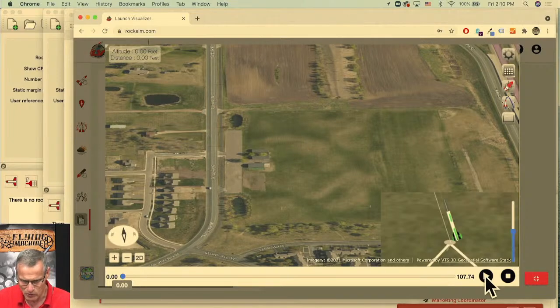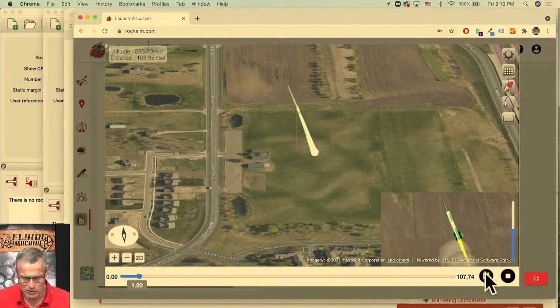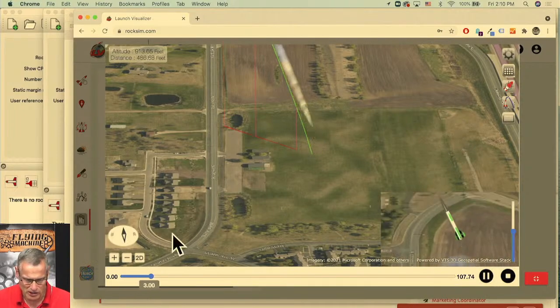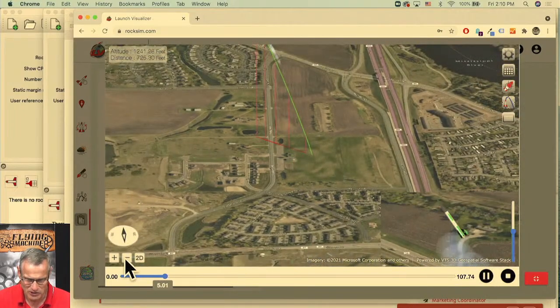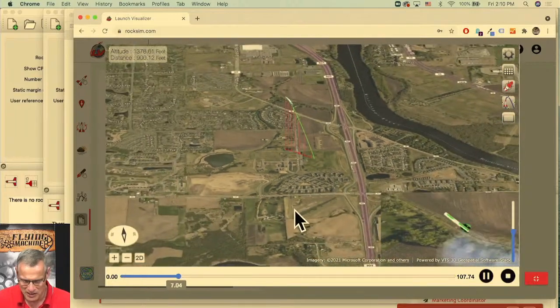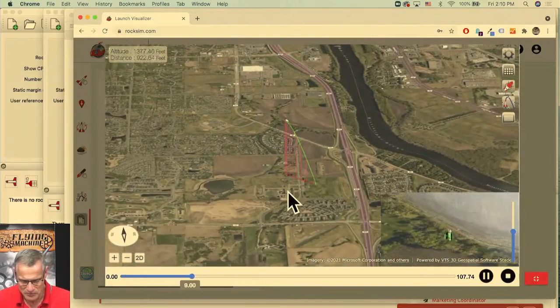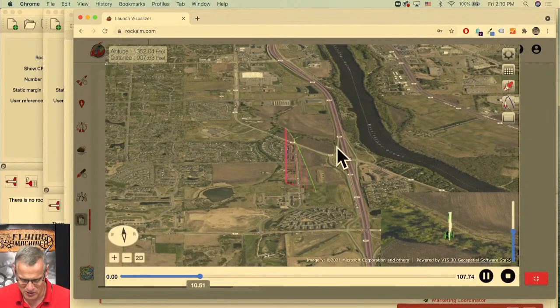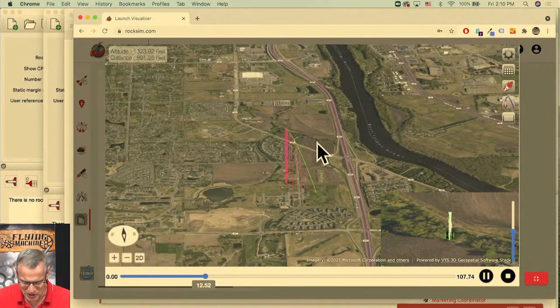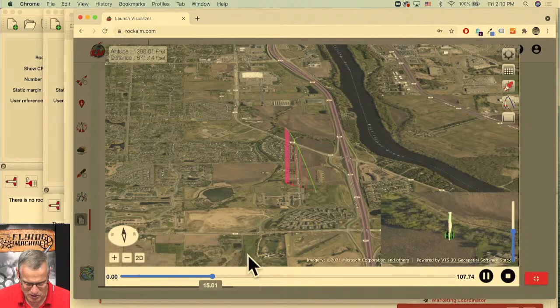So let's see what happens when we play. And there it goes, and it goes up, and it went out of the screen. It went way high, so I got to zoom out, get a better perspective on this thing. Okay, so now the parachute is out and it's drifting down, but it's too small, so I'm going to